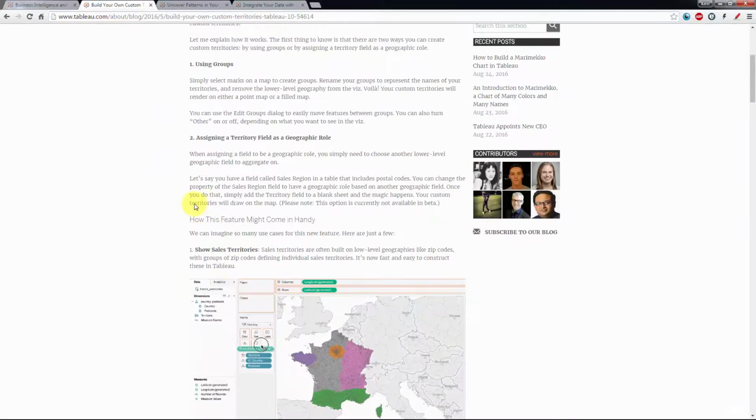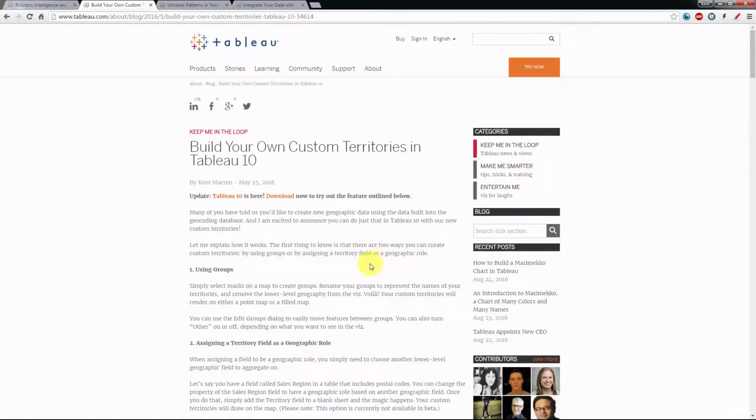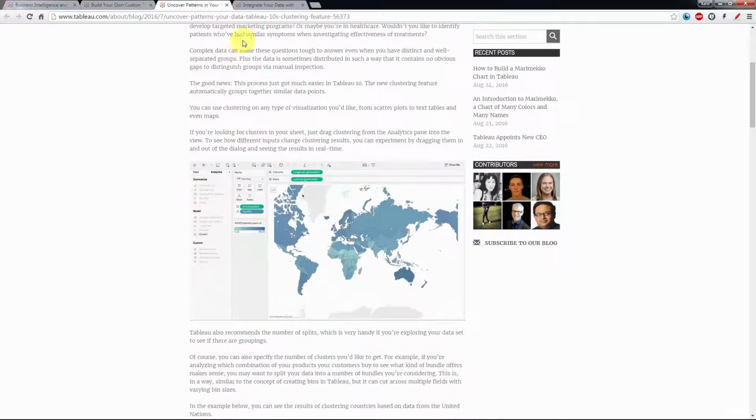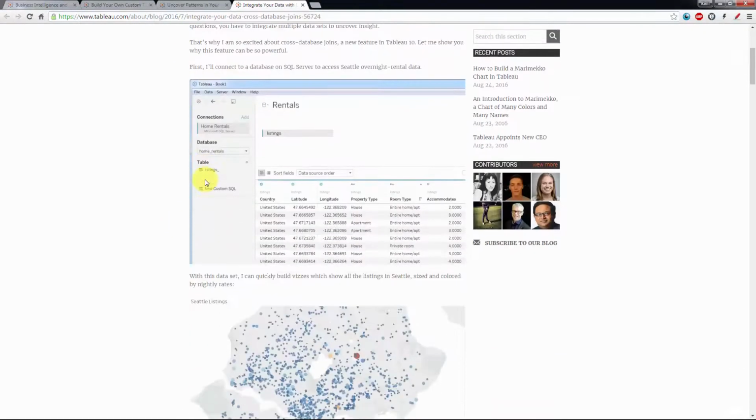So there we go. Those are the three main features that we'll be focusing on. Those are the three most powerful features that you have to know about to leverage the full power of Tableau 10. And we will cover them very thoroughly inside this section of the course, and you'll be entirely comfortable by the end of it. And moreover, we will solve a real business challenge for a startup inside this section of the course using these techniques and some other ones of Tableau 10. Super excited about this. It's going to be